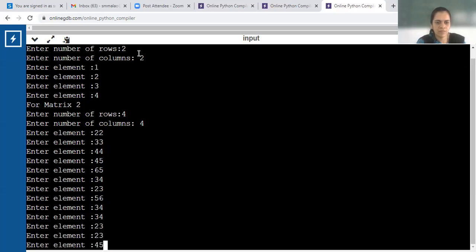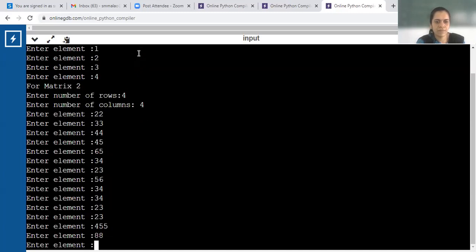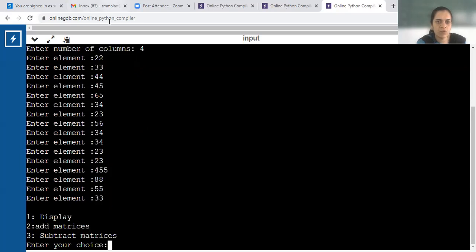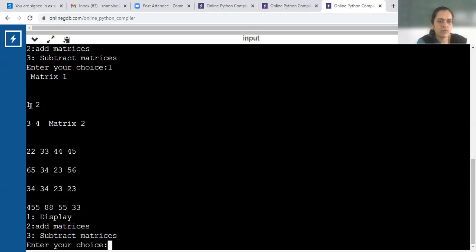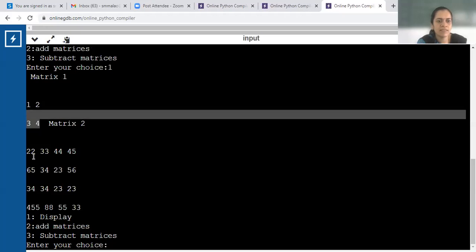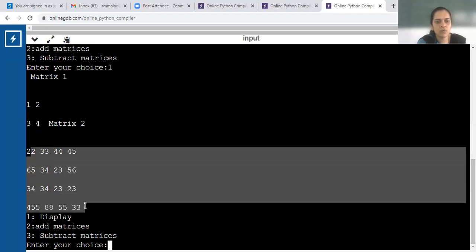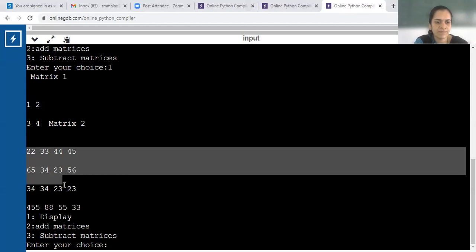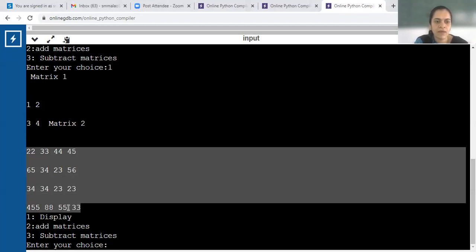How many elements will it accept? 4 by 4, so 16 elements. So displayed. This is matrix 1 and then this is matrix 2, a 4 by 4 matrix. Is it clear to everyone how to display a matrix?